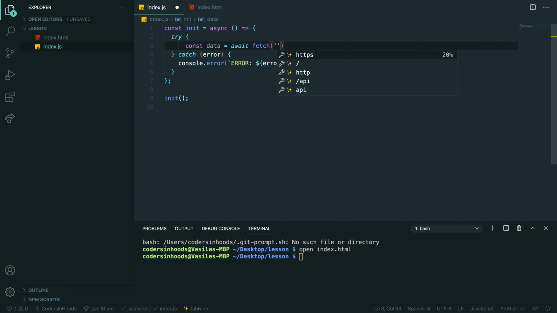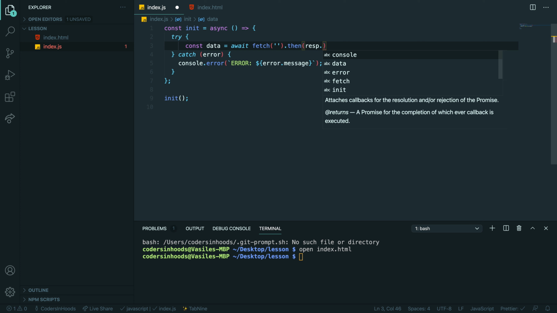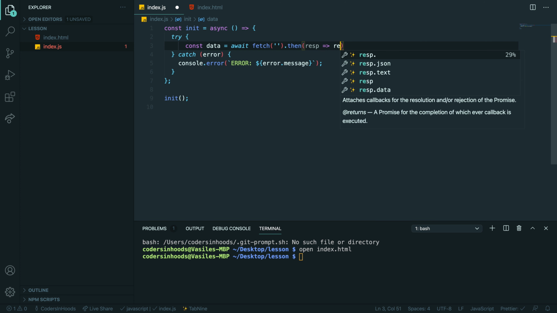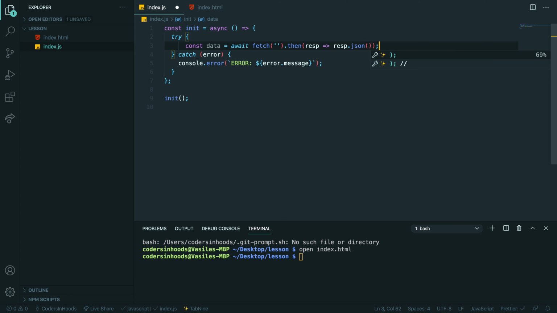And we need some URL, and then we have response dot JSON, something like that. So if I try to reach the endpoint